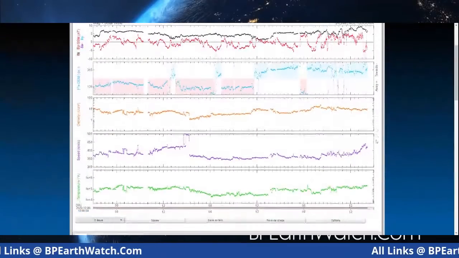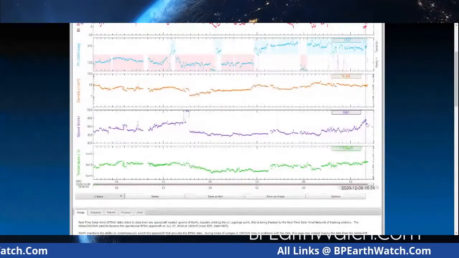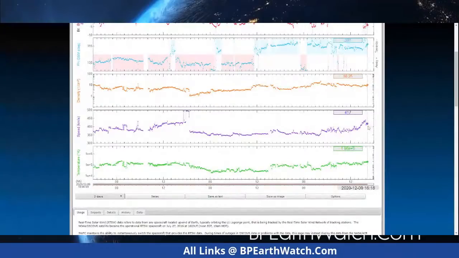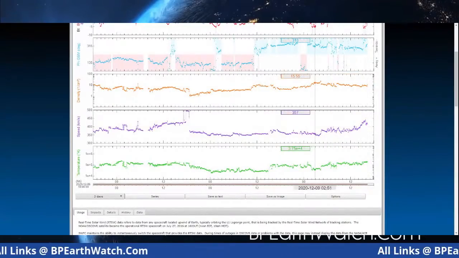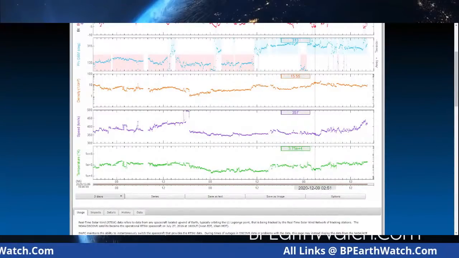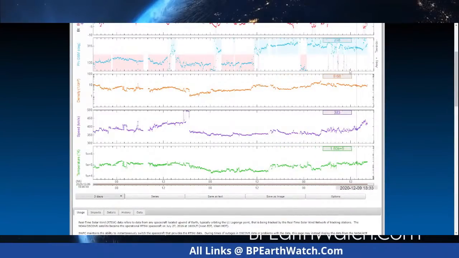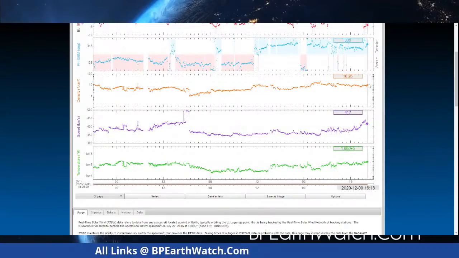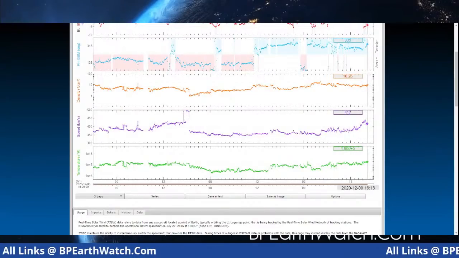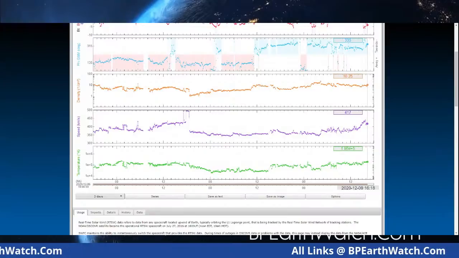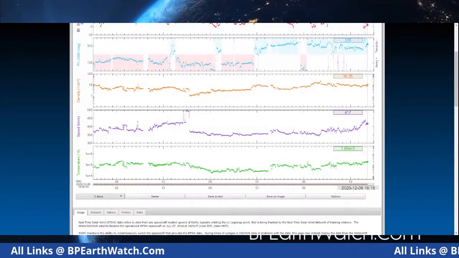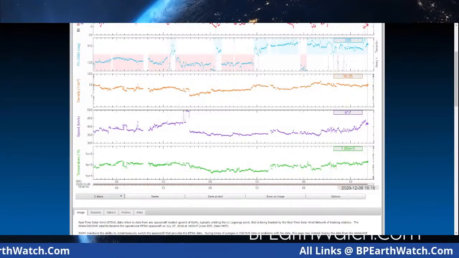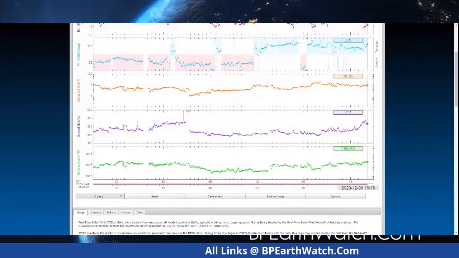But solar wind speed here, again, 417, we see a little bump there as we're starting to see the effects of that first wave without a large increase in density yet. Yesterday when I did the video, we were around 4 point something, 4.1 centimeters cubed as far as the density. Now you can see that has doubled to 10.25. And again, that's the first wave that we're seeing.